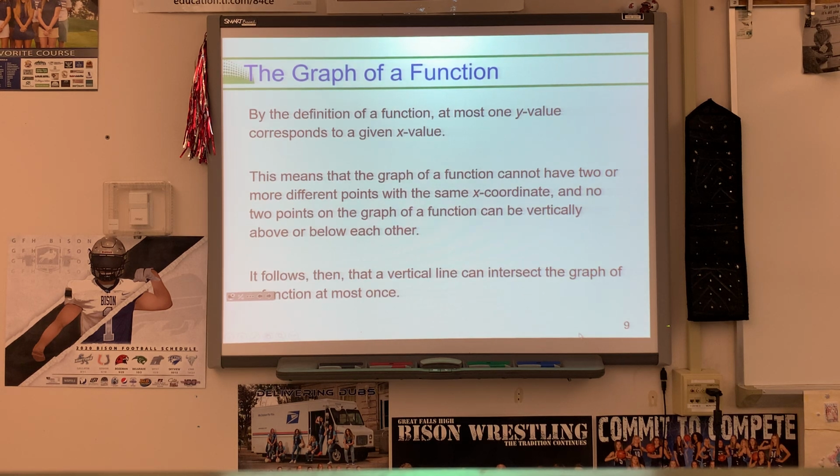Well, if you think about what that looks like visually, again, we're here studying today the graph of a function, very much a visual concept. What would violate that would be a spot where there's a point on the graph, and then a point on the graph directly above it would be a violation, because those two, if they're stacked directly above each other, would be an x value that has 2 or